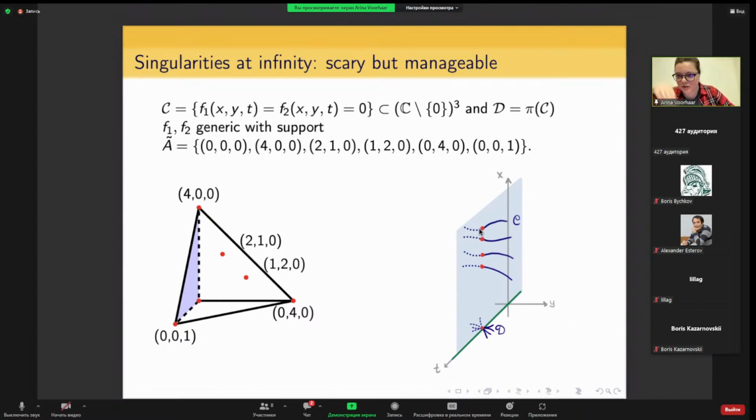But then when you project, you get a curve D with these 4 branches passing through a single point. And in order to understand what kind of singularity you obtain here, you really need to know how these smooth branches intersect each other. Do they intersect each other transversely or not, or whatever. So the good news, which follows from the computation that I did in my paper, and that's pretty non-trivial, is that